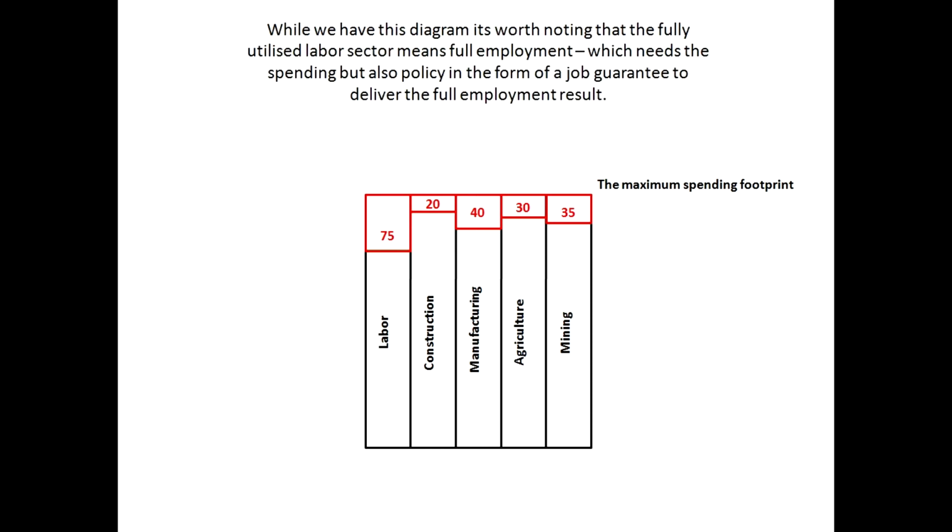Even if we assume a fixed maximum spending footprint so that we have no economic growth, the initial insertion of this amount of money into the economy will cause the private sector to expand, so then we'll need to reduce the amount of money being injected over time to avoid inflation in the future. So I still haven't spoken about how we work out the actual maximum spending footprint size, and that's the topic